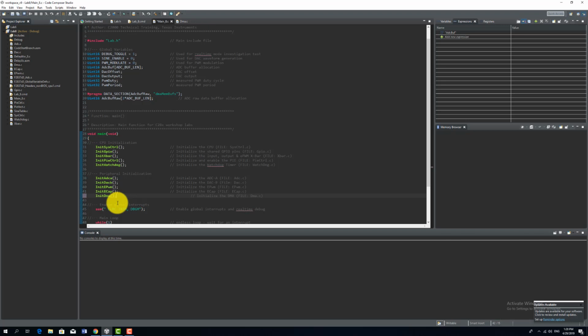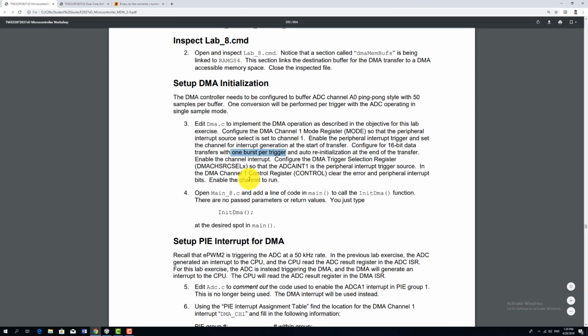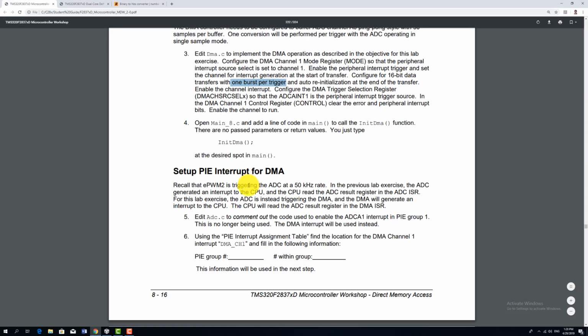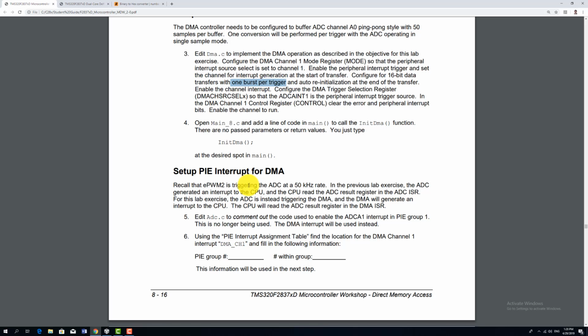So that's how we initialize our peripheral component, which is the DMA. And again, Control S. Our next thing to do here is to set up our PIE interrupt. At this point, we have to edit the ADC.c because previously, in the same file we had in our Lab 6, we used the ADC interrupt to enable our ADC. But now we are using the DMA interrupt, meaning the ADCA1 interrupt will no longer be used, so we have